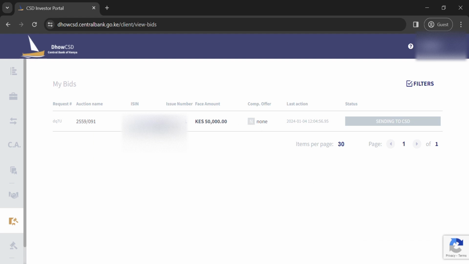To confirm that you have placed your bid, you can visit bids, then you'll see the list of bids that it's now sending to CBK. Once the results are out, you'll be mailed and even sent a message for you to go and make your